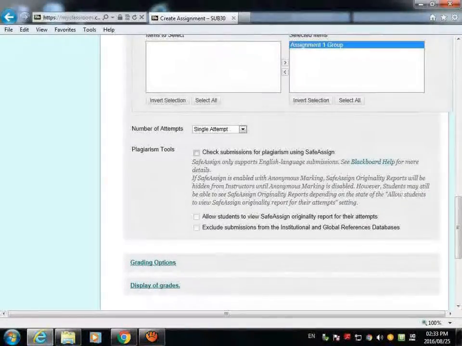Remember we were talking about the number of attempts. Here you can specify how many attempts, multiple attempts, unlimited attempts. Bless the soul of the lecturer who selects unlimited attempts. But for today we are only